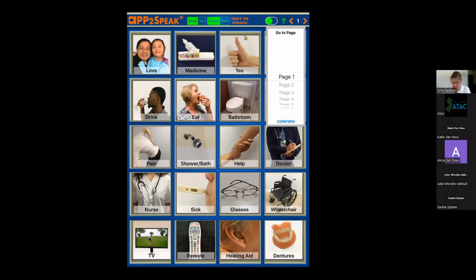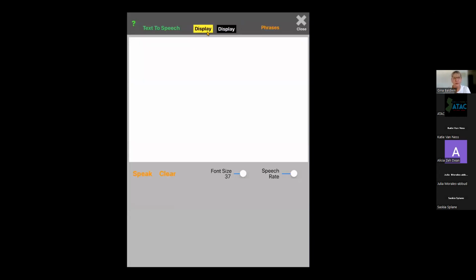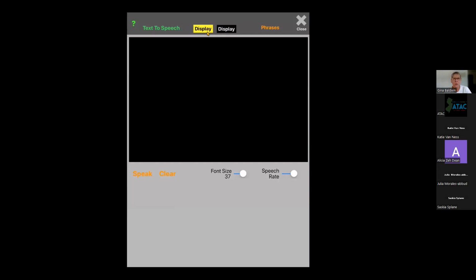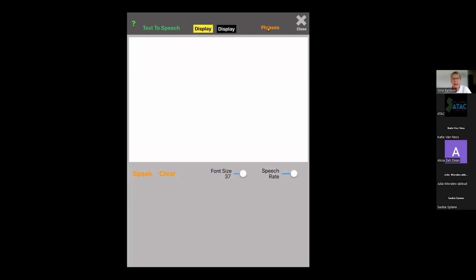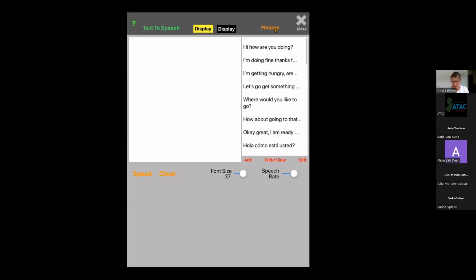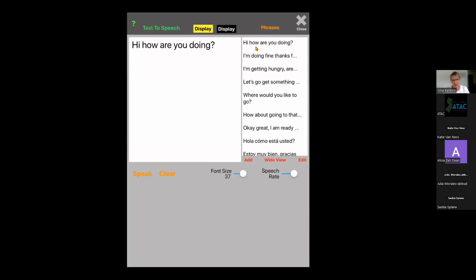The text-to-speech feature is next. We have 2 different displays for low vision, where it'll be the black text on the yellow background, or it'll be white text on the black background. And then to save phrases, once you type in some phrases, you have the opportunity to save. I already have some saved, so I'm going to select the word phrases here. And so I can just select How are you doing? and speak. And then I can clear it. And then I can say,